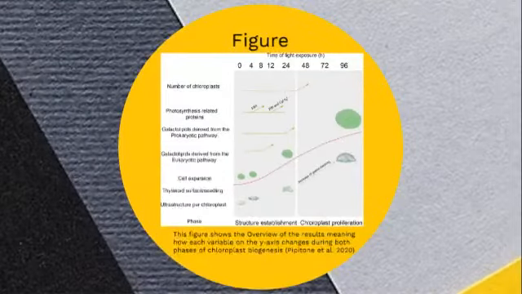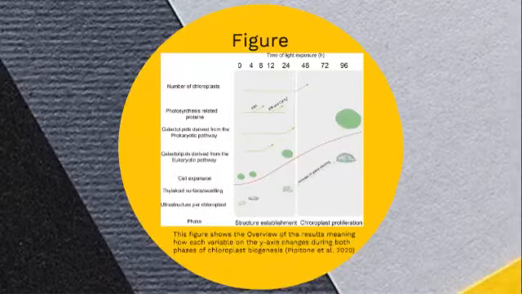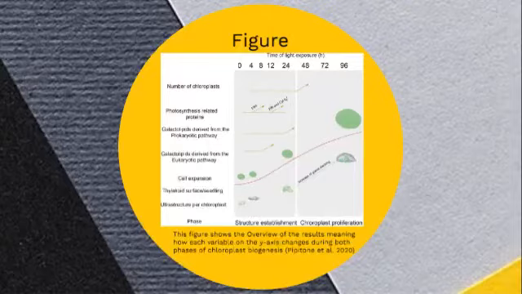Here's the figure as I previously stated. At the top we have the time of light exposure, and the two phases switch between structure establishment and chloroplast proliferation in between the 24 and 48 hour mark. As you can see, the number of chloroplasts and their increase in the two phases, the photosynthesis related proteins and their change. We also have prokaryotic pathway and eukaryotic pathway